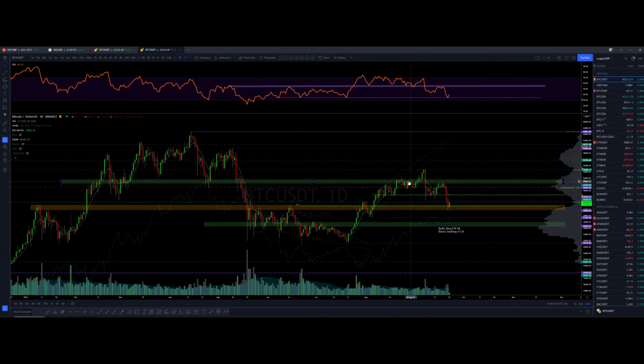I think we were about over here last time when I was talking, somewhere here. And I was saying that we have a chance to fill up this gap here, the low volume node. The people who were trapping, whoever it is, I'm not saying this is 100% what happened, but that's what I imagine happened. They saw that this was a low volume node, so it wouldn't be that hard to push the price up here. You can see the volume is going up as they push it up, but it wasn't super high volume, right? It's lower than most places. It's even lower than here.